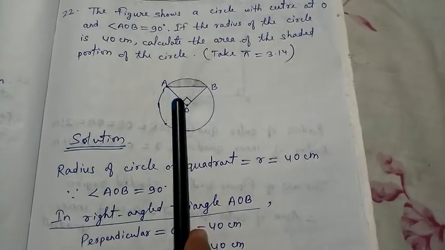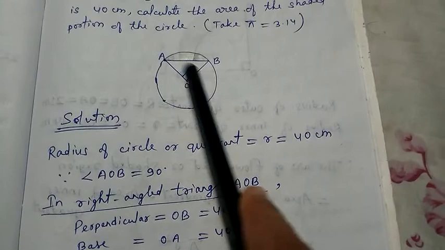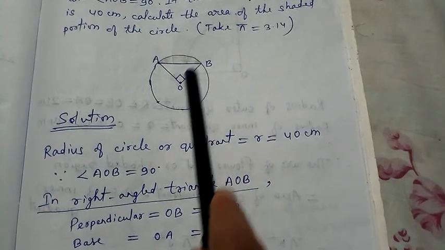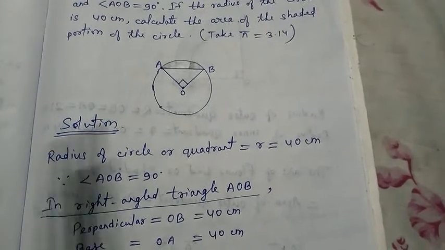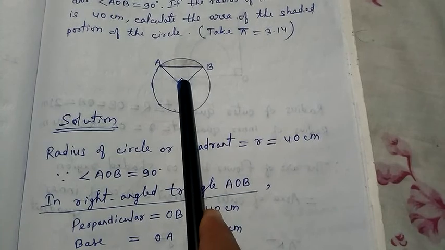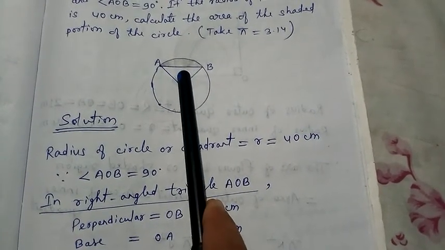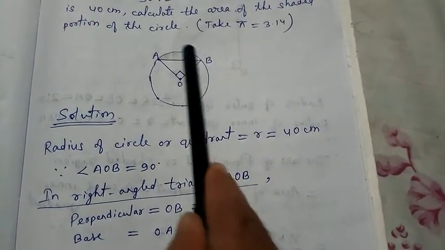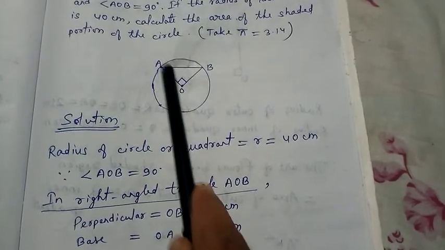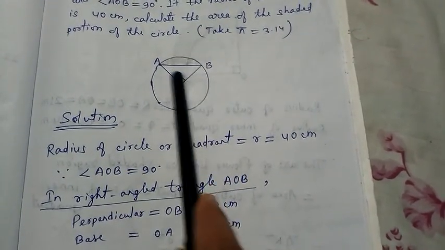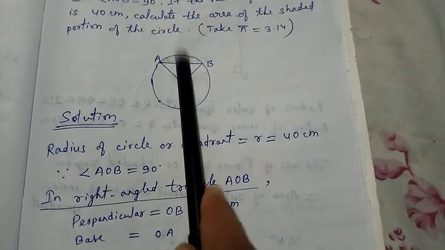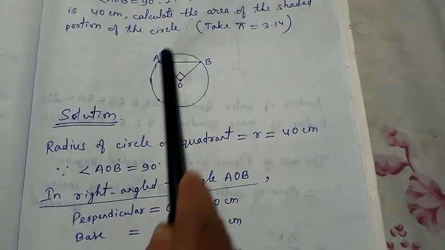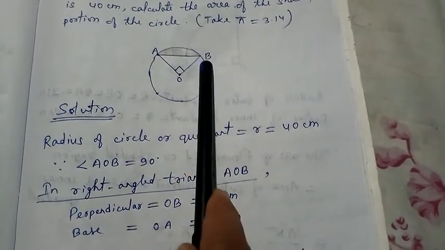Now I will show you some hint here. You can see AOB. If you see these three lines, three sides, this will be a triangle, and if it is 90 degree here, then we can say it is a right angled triangle. And if you take this particular portion where AO and OB and this circumference little bit, then it is a quadrant. So if you see these three sides, it is a right angle triangle, and if you take these two sides and this particular boundary, the circumference, a small arc AB like this, then it is a quadrant.